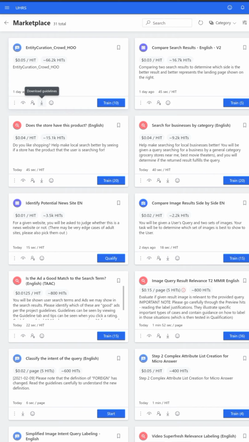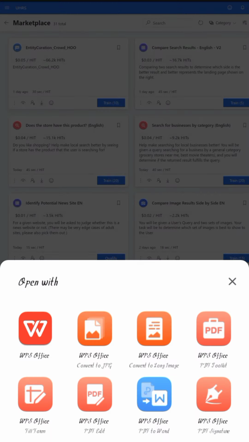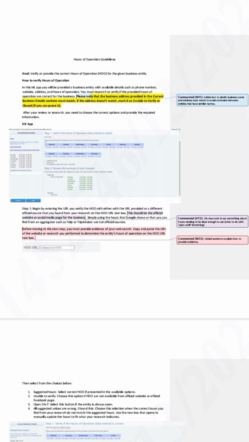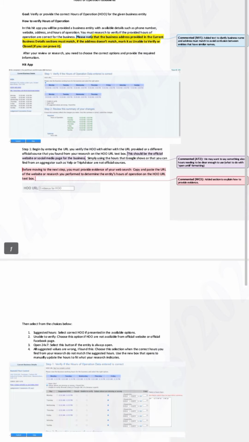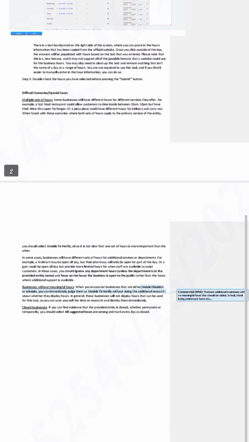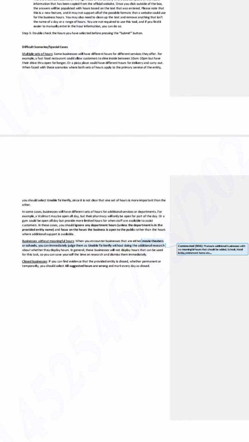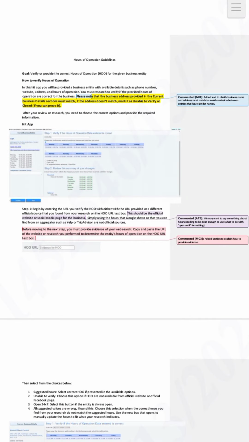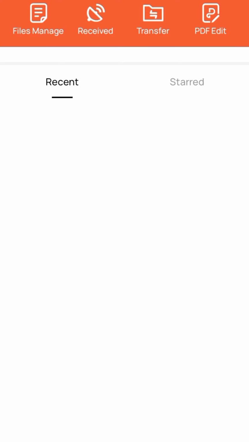For example, nowadays I hear people are seeking answers for jobs. Please ensure you do your own work, read the guidelines. As you can see, my guidelines have been downloaded. If I click the WPS Office, it will take me to the guidelines for this job, hours of operation guidelines. If you read these notes, page 1, page 2, page 3, in these 3 pages you can answer the questions in the jobs, in the entity crowd,